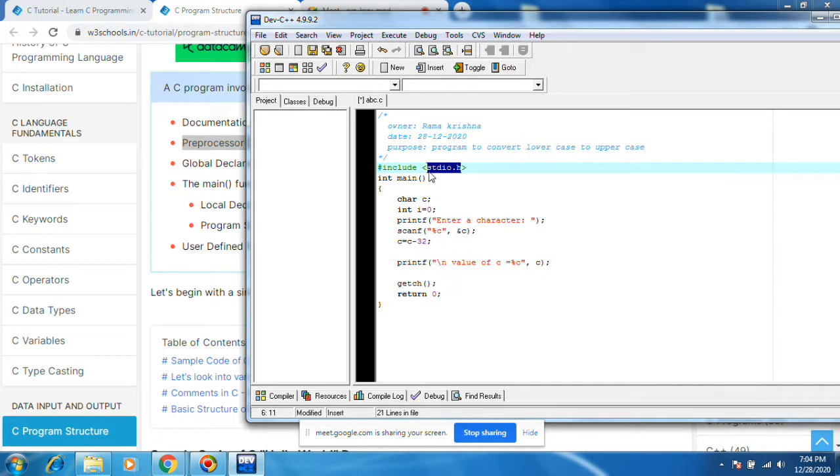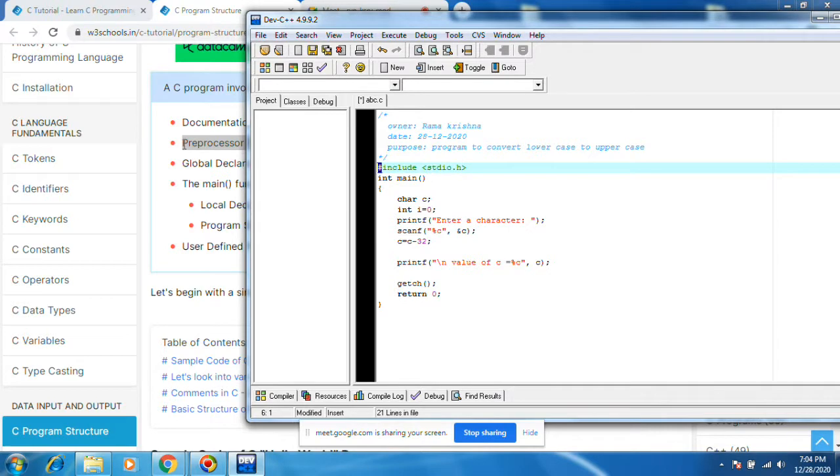When you install C, these header files are automatically installed. They will be in the directory where C is installed, Dev C++, somewhere in that location. Okay, this is the preprocessor.